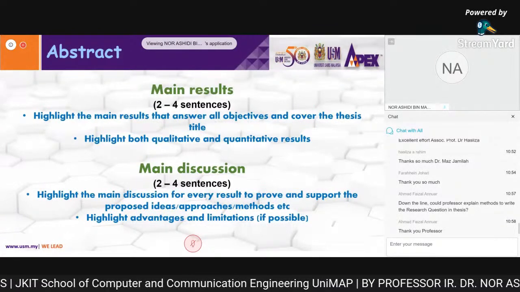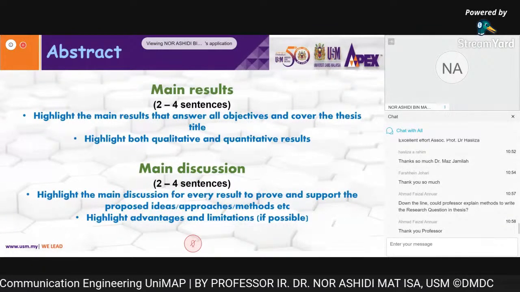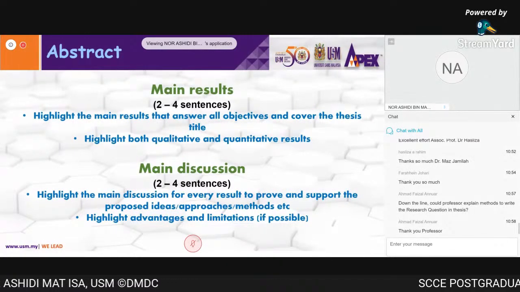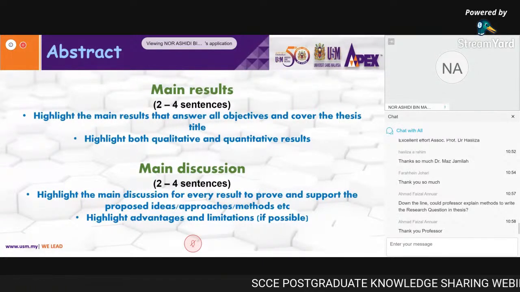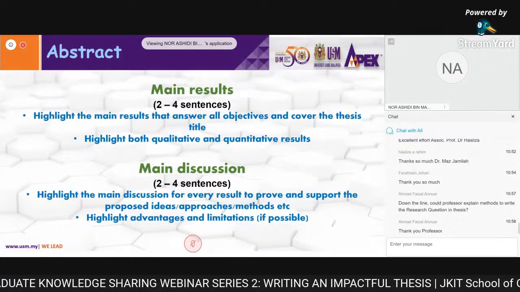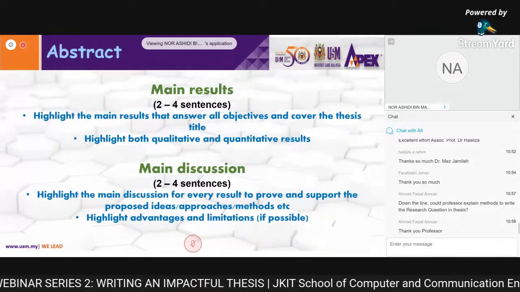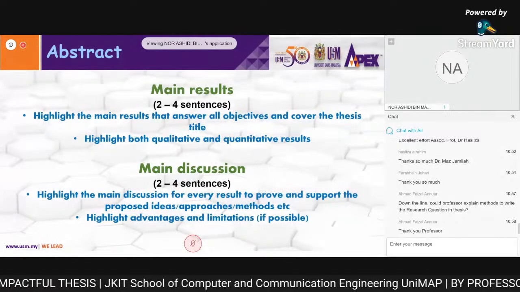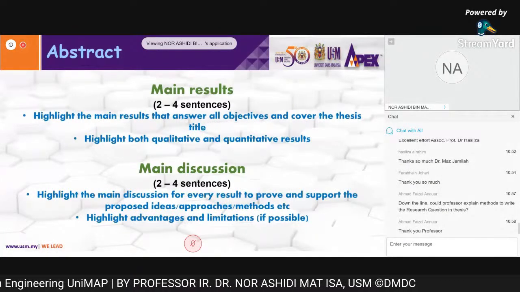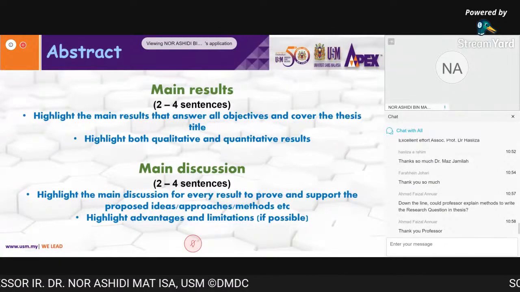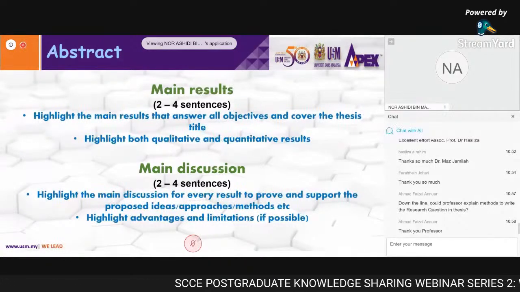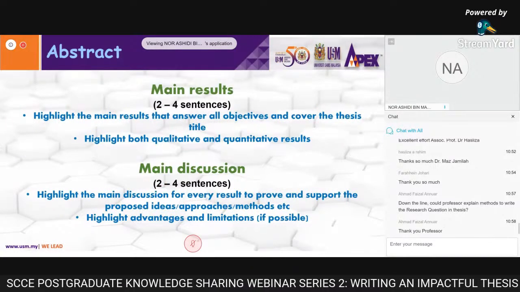You have to make sure the readers or the examiner understand, okay, your research is from A to M only. It's not from A to Z. Outside, after N until Z, this actually falls under your future works. Okay, so it falls under limitation. So when you limit your scope, ultimately the examiner thinks, okay, he or she did not do that, so why should I question that? So try to make sure that you know your advantages and you also highlight your limitations.